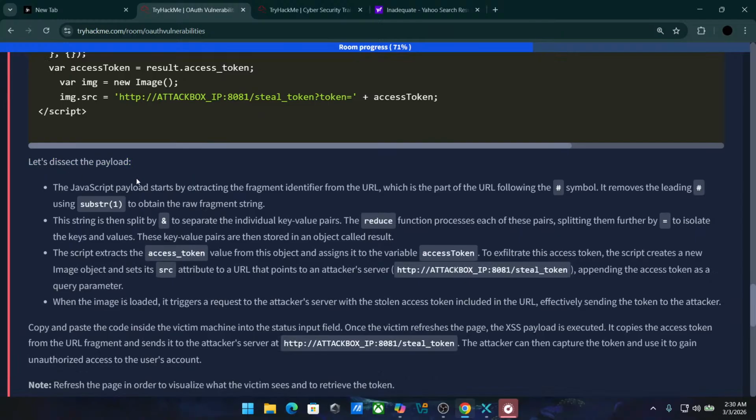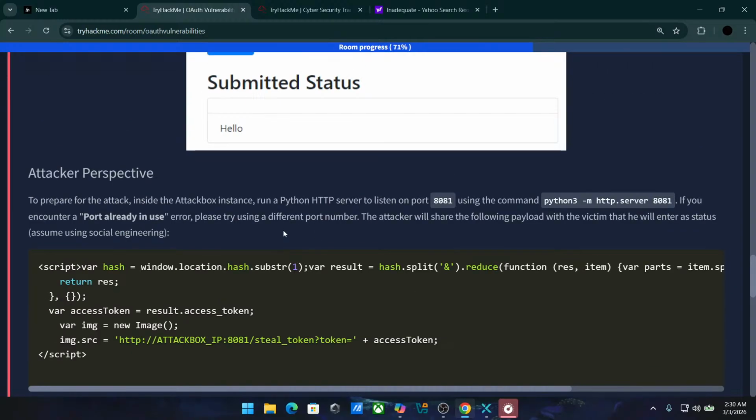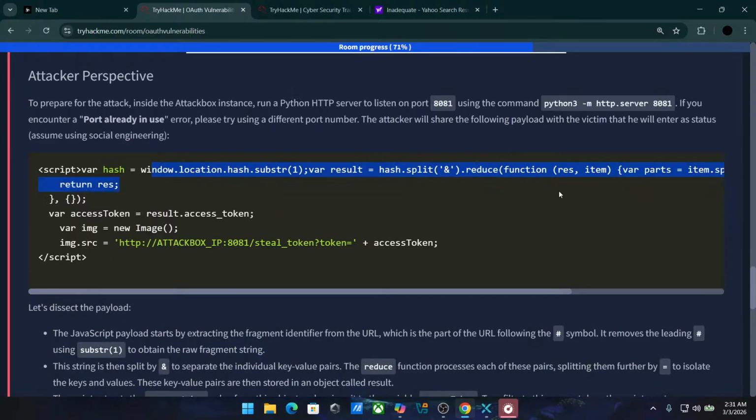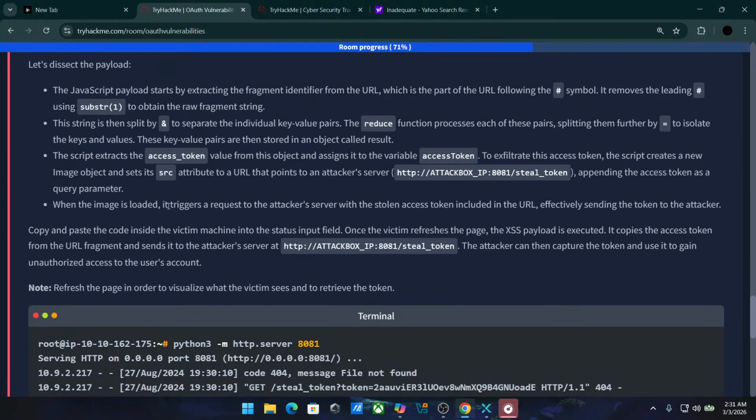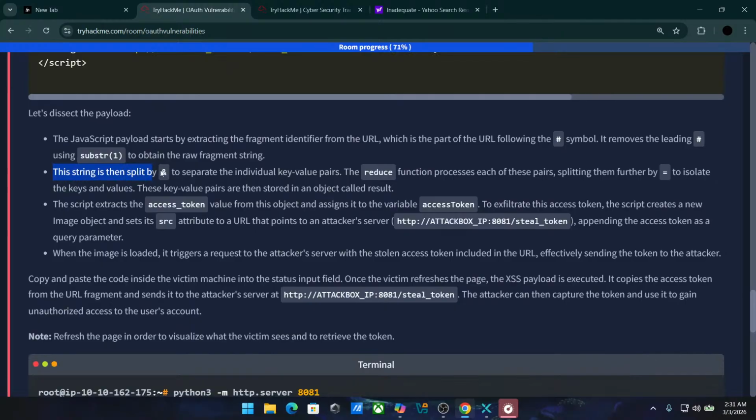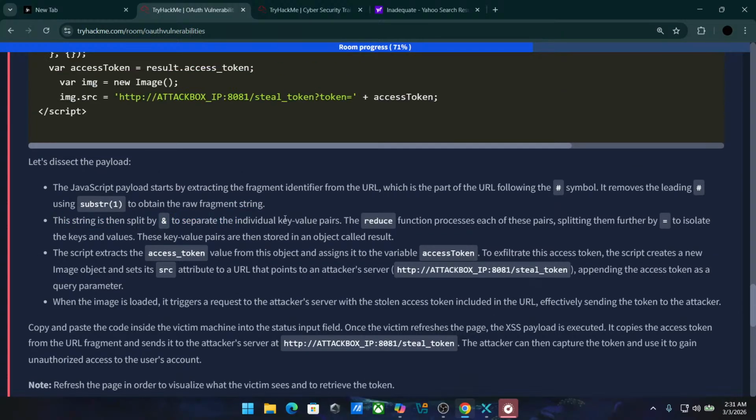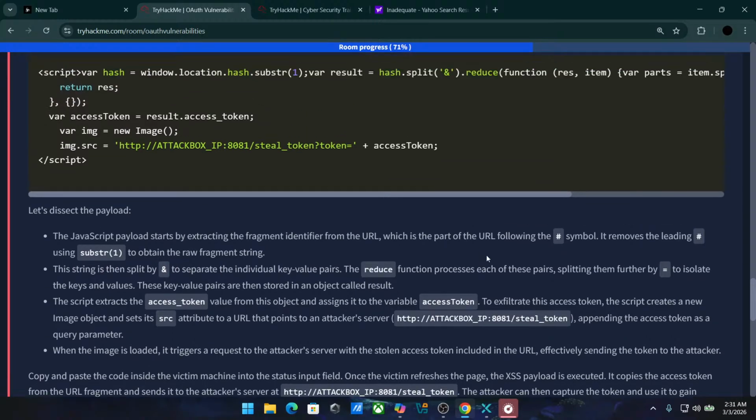Let's dissect the payload. The JavaScript payload starts by extracting the fragment identifier from the URL, which is the part of the URL following the hash symbol, using substring 1 to remove the leading hash and obtain the raw fragment string. The string is then split by the ampersand symbol to separate the individual key value pairs. The reduce function processes